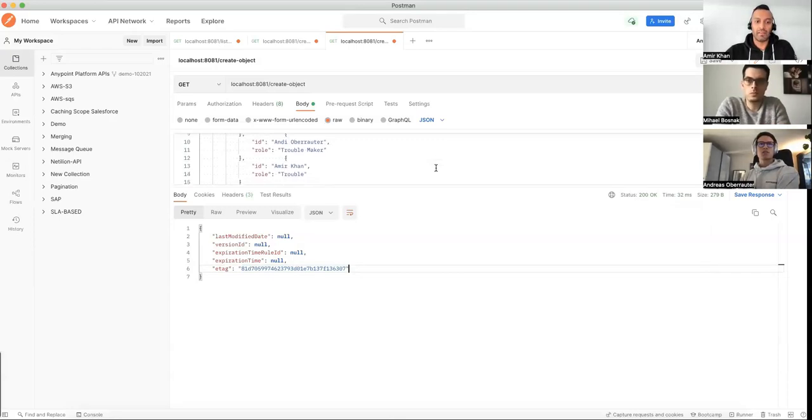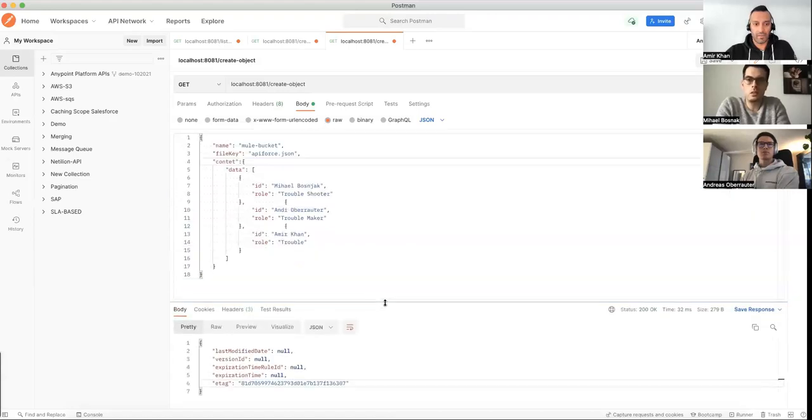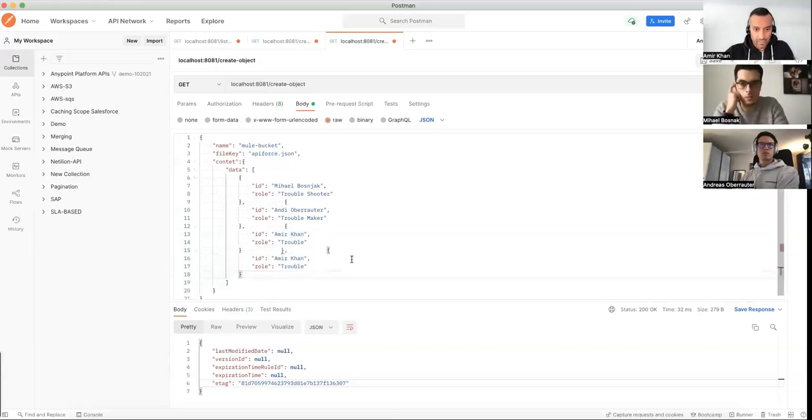Yes, I suppose it should be like that. Do another request, add another ID, another user, and let's see if you get the last modified date back, because I guess you will then just modify the same file. Yeah, we can try it. So let's do it like this, and we add